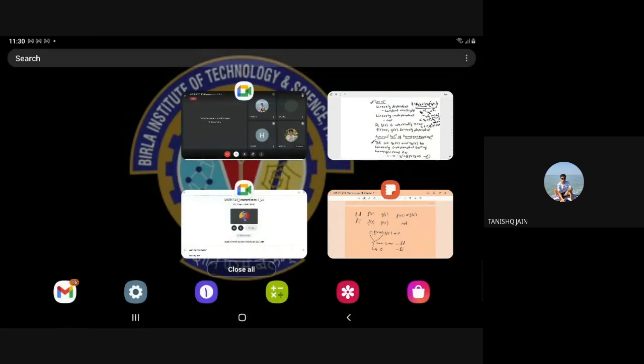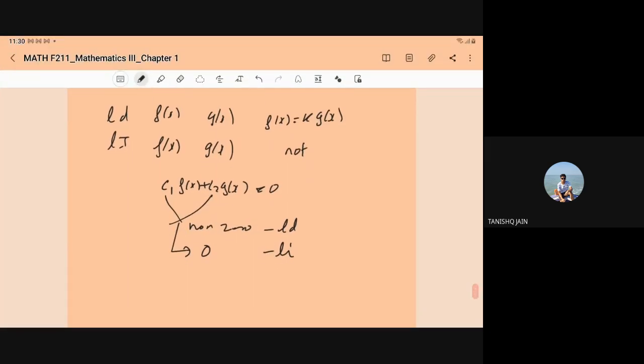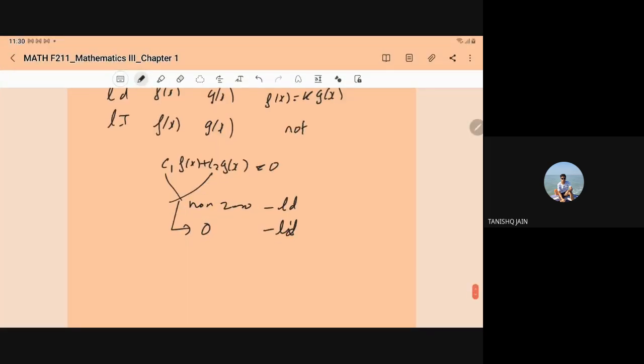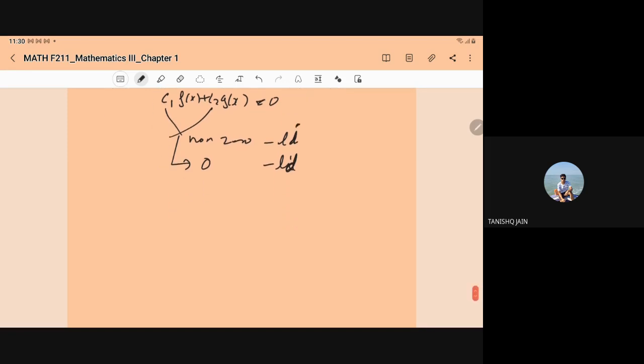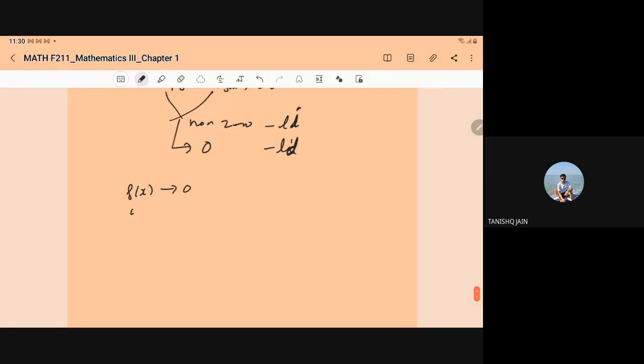I have wrongly written. It is LI. If it is non-zero, then LI. If it is zero, then LD. Means if f(x) is identically zero and g(x) is not zero,